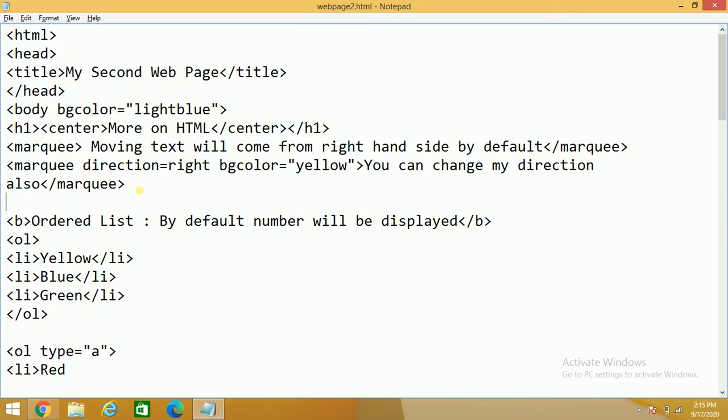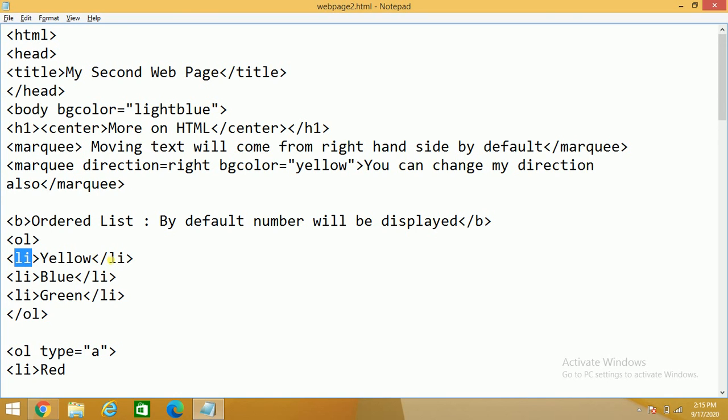Next one is now a very important part, list. There are different types of list. So we will talk about ordered list and unordered list. Ordered list means if you want to display some content along with numbers, like I want to give some sequence number, like 1 is yellow, 2 is blue, and 3 is green. So I don't have to write anything. I will write simple OL. OL I have written here. OL means ordered list. And to give a bullet, I will write Li. Li means list item, because we are studying about the list.